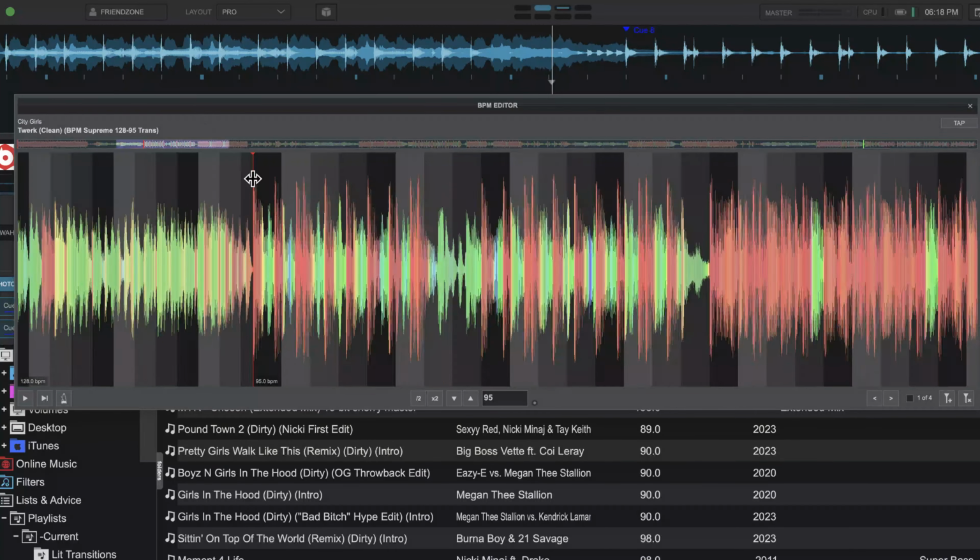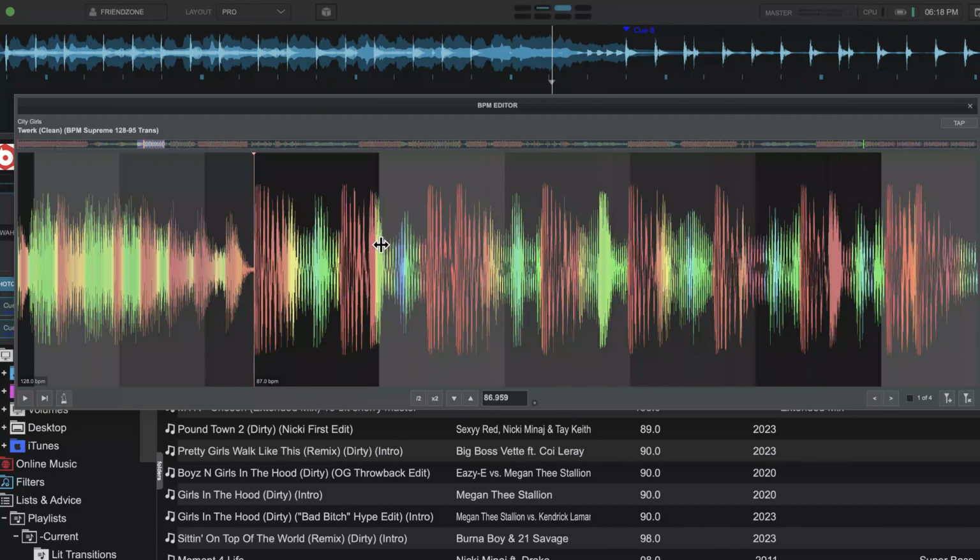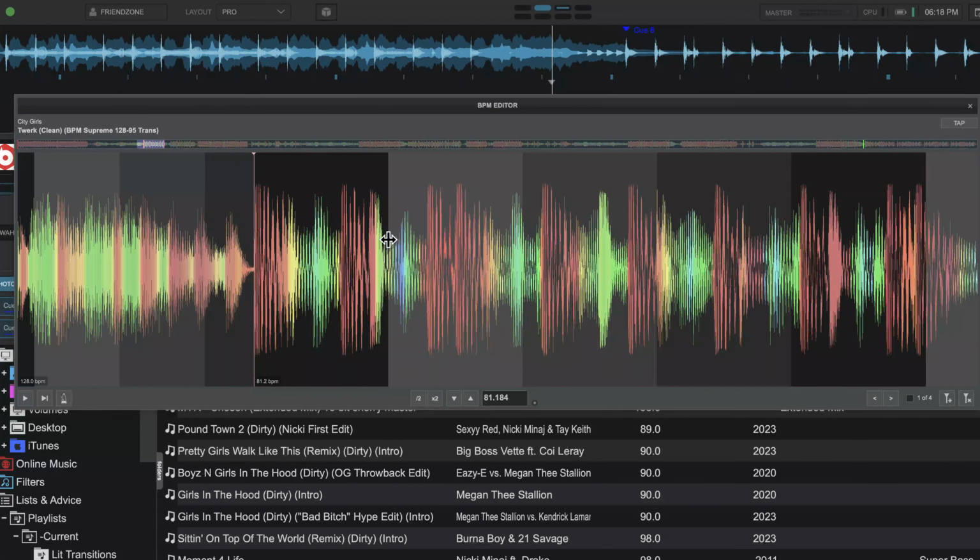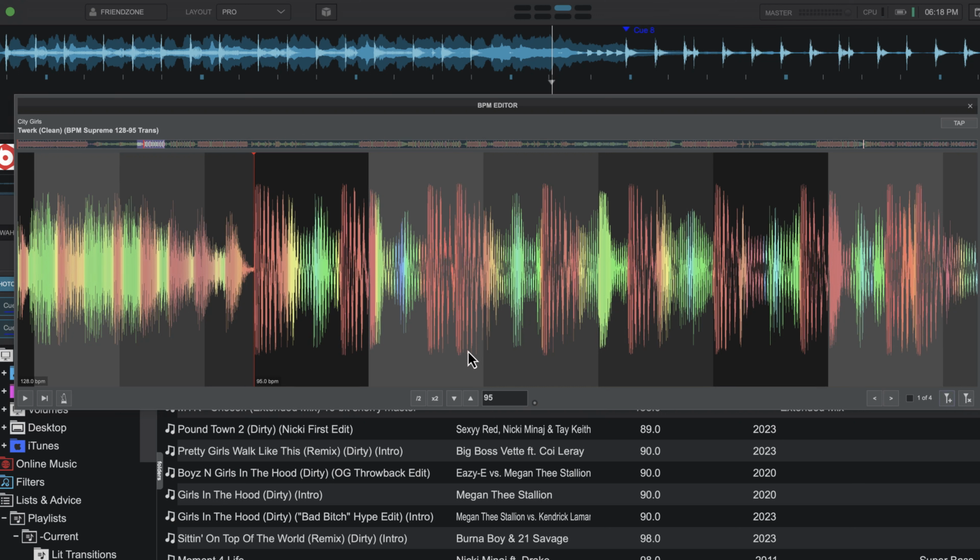One of the things that I'm noticing here actually is that it didn't recognize this as a downbeat. So what you can do is of course click on this and just set it this way, and sure enough,